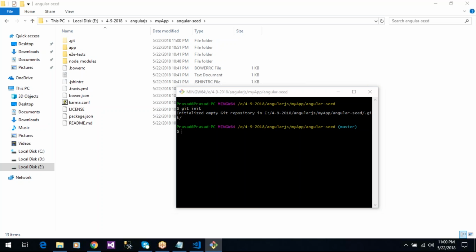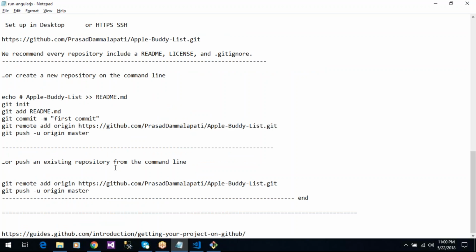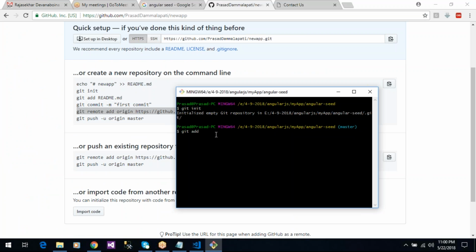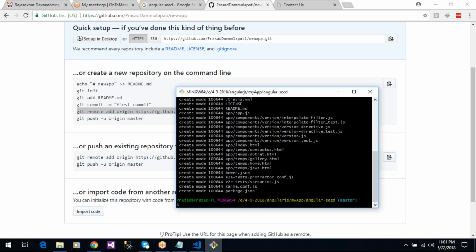Okay, and git add space dot. The git is added, and next git commit -m first commit. The files are committed,